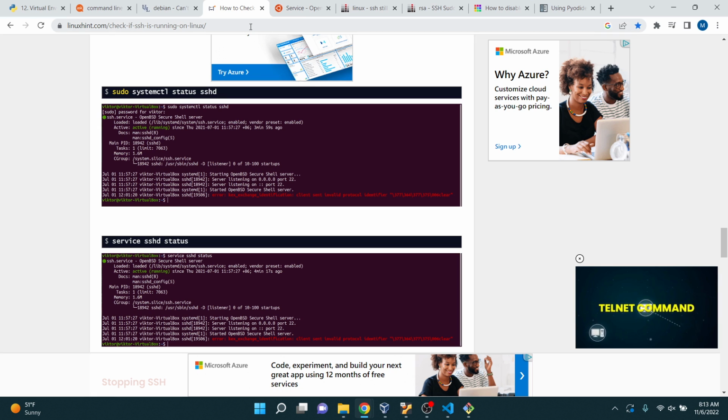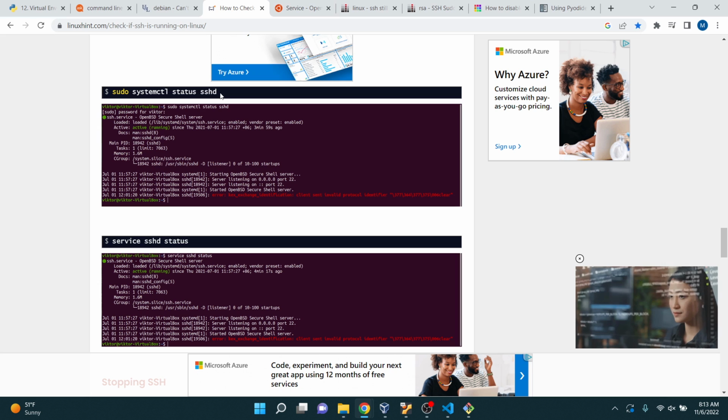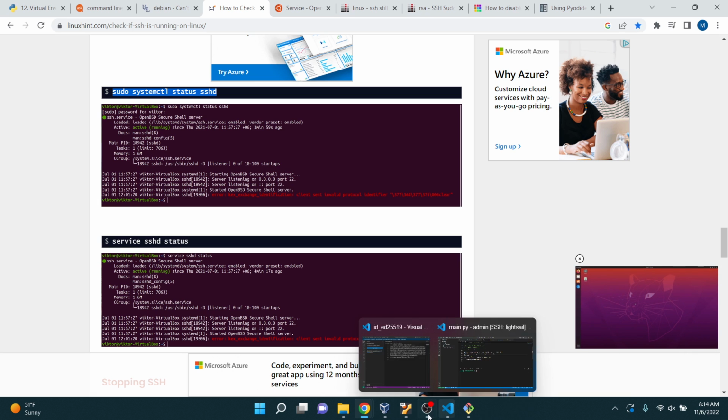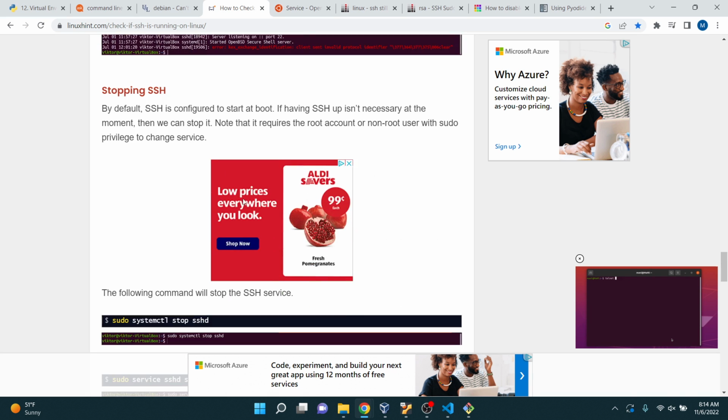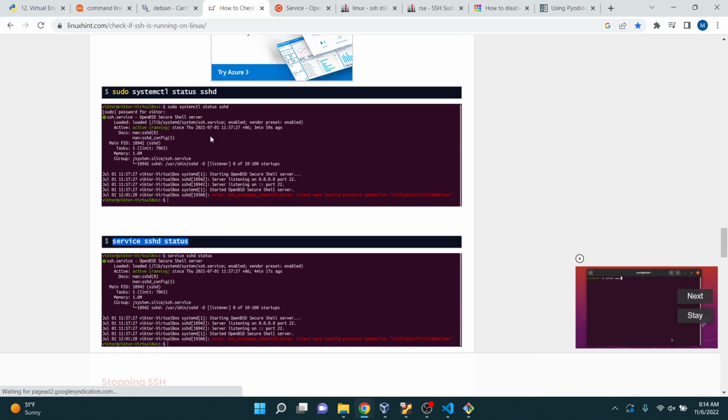So that's opening the ports. There's one more thing you have to do. The first thing I would do is check and see if you have SSHD running. That's the process, the SSH server running on the VM that'll allow you to log in through SSH. If you type this in and it's not running, I think you could also type this in, see if it's running. If you don't see anything like this, then it's not running, and you need to